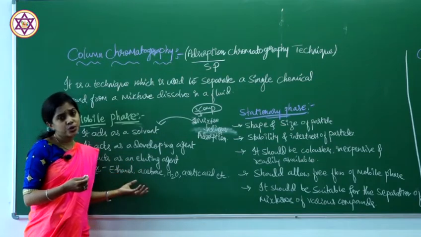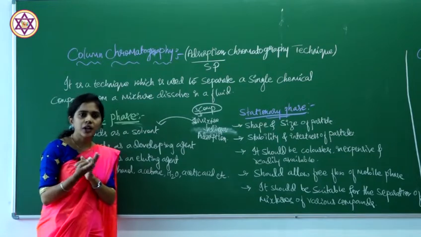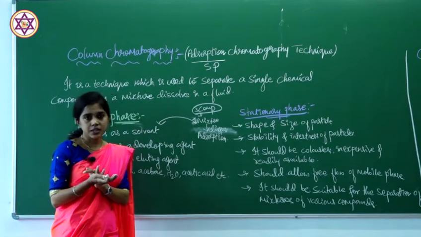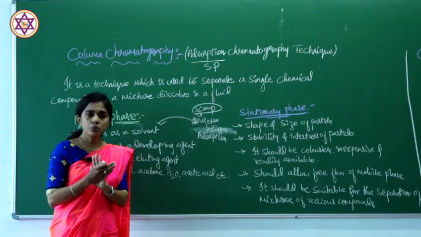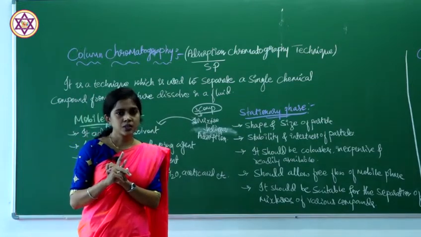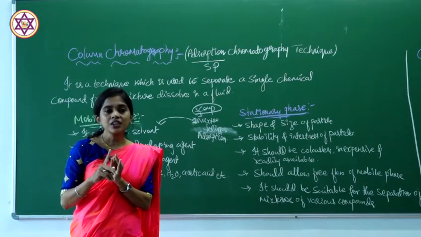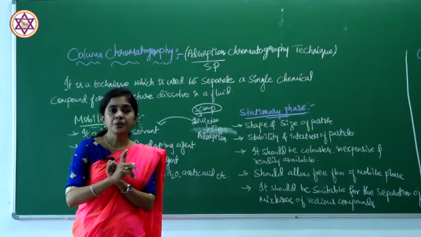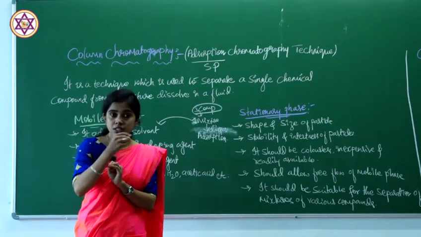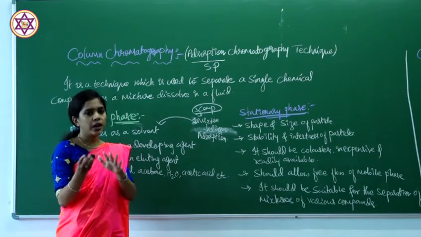And what kind of solvents are we going to use here? That is acetone, ethanol and water, or it can even be acetic acid. This is the nature of the mobile phase. The mobile phase is acting as what? It is a solvent. The solvent is going to interact with this mixture that is developing bands in the stationary phase, and it is going to elute out.